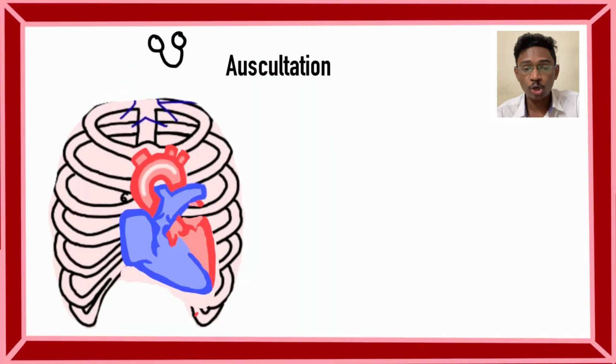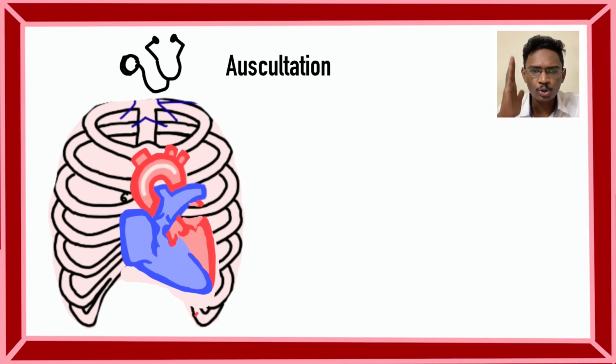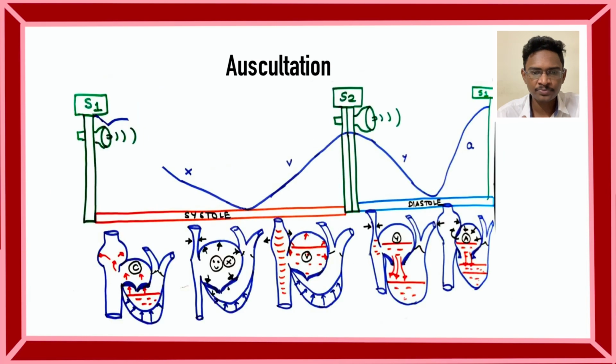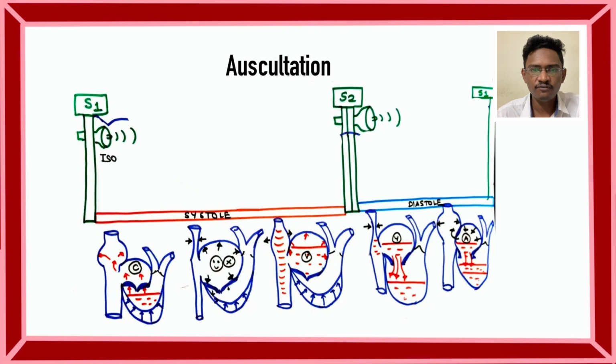Coming on to auscultation. So first let me explain the normal path. First, what happens is the atrioventricular valves, tricuspid and mitral valves, close, producing the first heart sound S1, followed by an isovolumetric contraction phase where all four valves will be closed and the ventricles will be contracting to